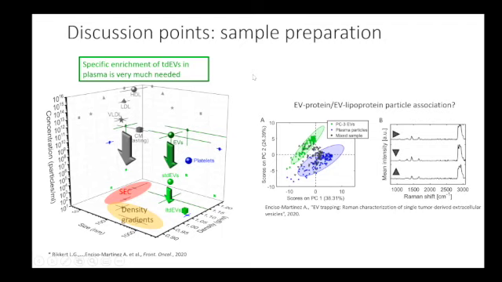And another thing that we wanted to see was the detection limit of our setup in terms of the frequency of tumor-derived vesicles that we could detect among the pool of lipoproteins. So we were mixing prostate cancer-derived vesicles with lipoproteins, actually in plasma. When we look at the scatter plot, in all the experiments that we did, we always saw that part of that mixed sample was clustering with the prostate cancer-derived vesicles, and the other part with the plasma suspected. But there were always particles falling in between the clusters.